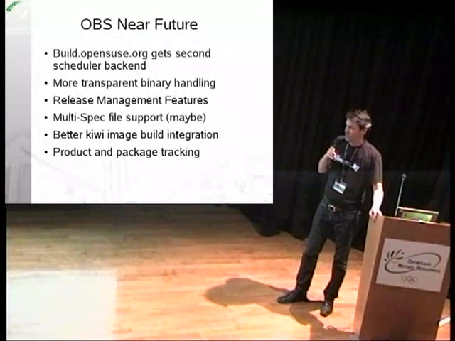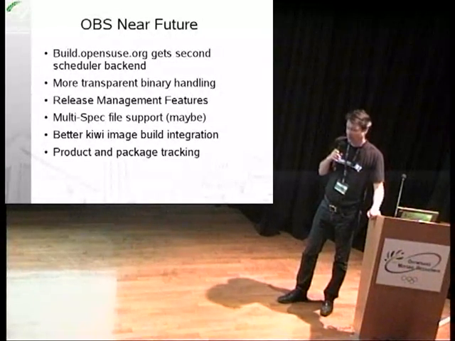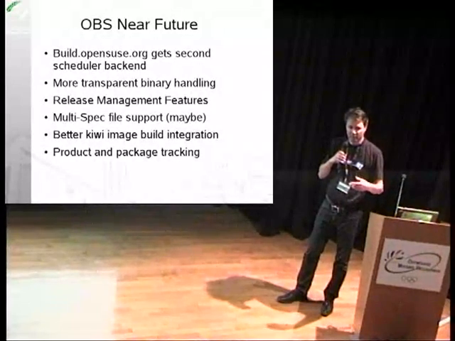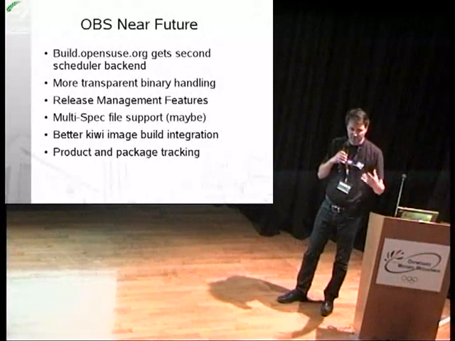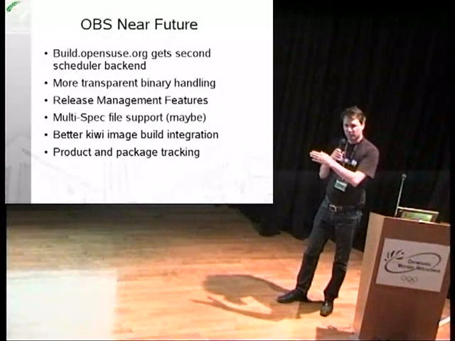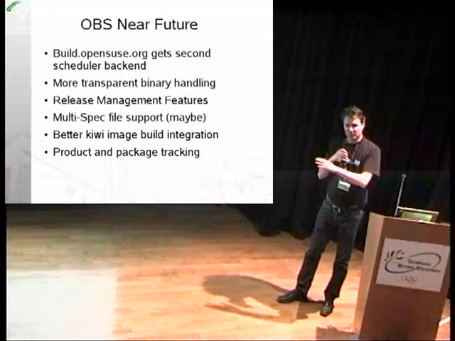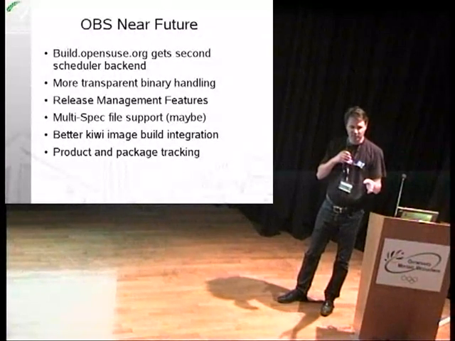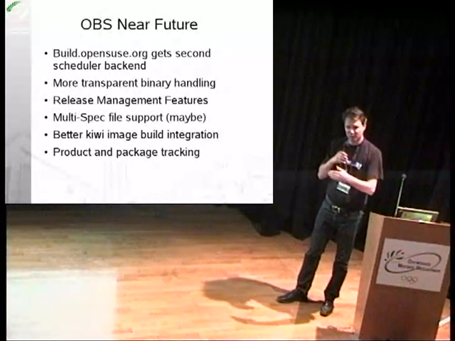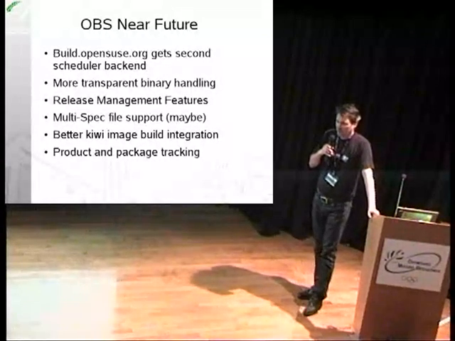But the problem is when you have also such a staging project where you test your new packages, your development packages, you want to have also a test appliance, and when you then make changes to the appliance and want to submit this Kiwi file from project A to project B, you would need to modify each time the repository list. Because in one case you want to include the development repository and in the others not.